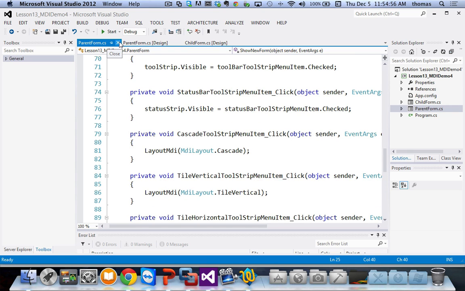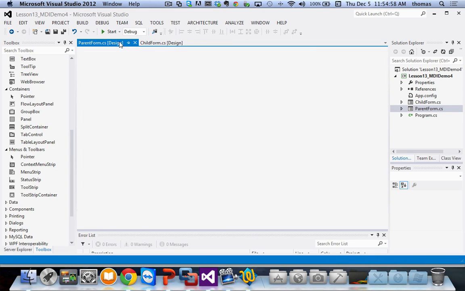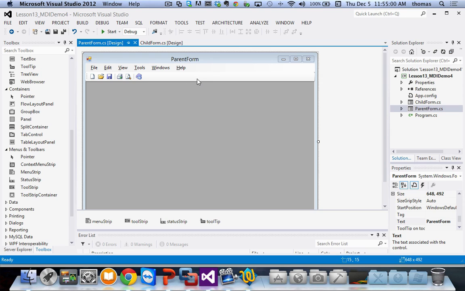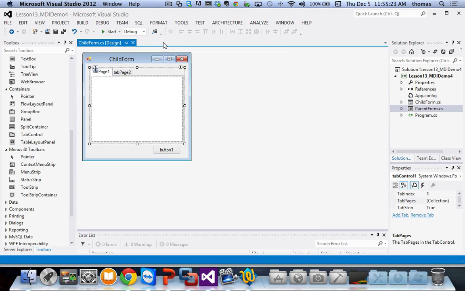I wouldn't do it the other way unless you wanted to do some kind of custom parent form that didn't include standard controls. And it's possible. Maybe you want to make your own controls. To me, though, even if I was going to make custom controls, in any Windows application, I would include all its standard controls, standard windows, standard menus, right? And then from there, I'd modify backwards. An example of this would be the MDI example for this particular